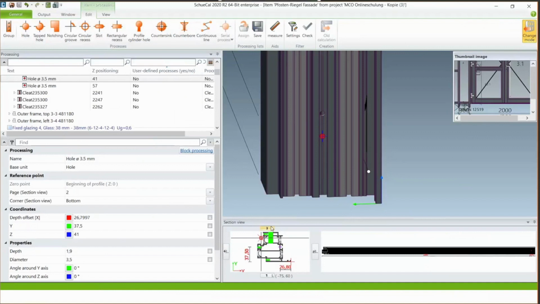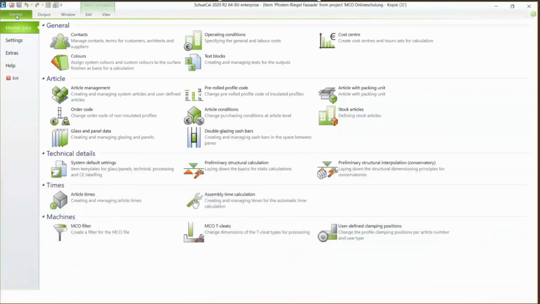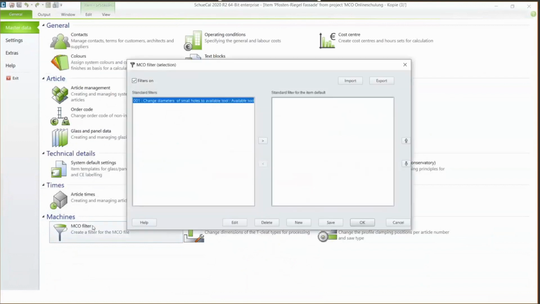For this, we have to move to General at the top. There we will find at the master data the setting MCO filter. When I click on it, it looks like before in the items. But we have here two different fields.